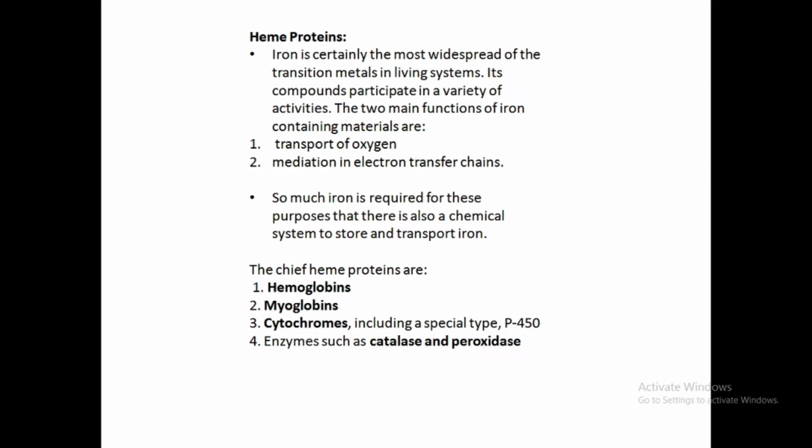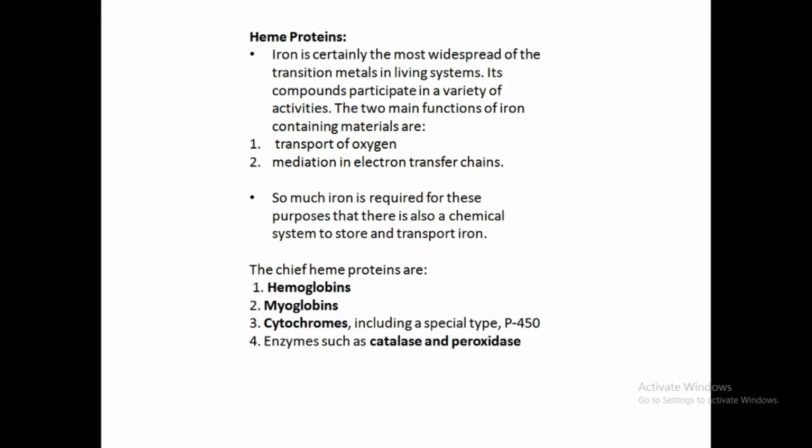So talking about heme proteins, iron is certainly the most widespread of the transition metals in living systems. Its compounds participate in a variety of activities. The two main functions of iron containing materials are transport of oxygen and mediation in electron transfer chains. So iron is a very important transition metal in our system and it has 2 major functions. First is obviously transport of oxygen, or carrying oxygen throughout the living system, and second is mediation in